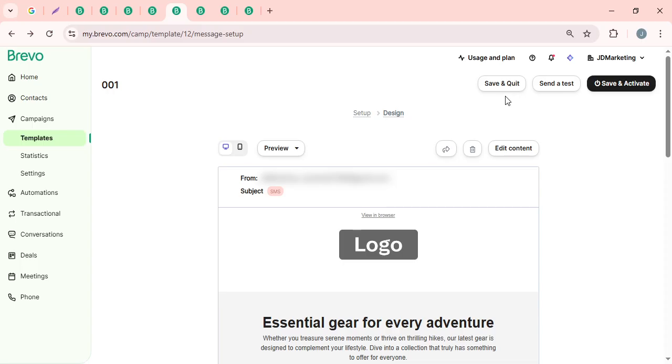And there you have it, a complete guide to using templates in Brevo. By following these steps, you'll be able to create engaging and